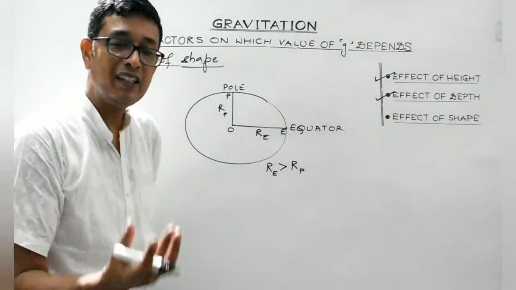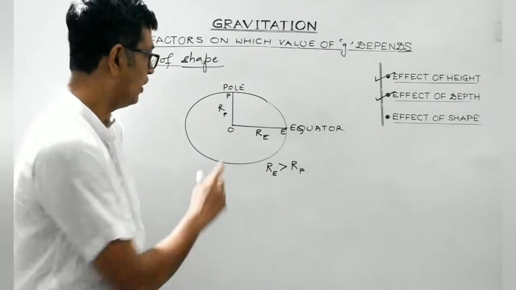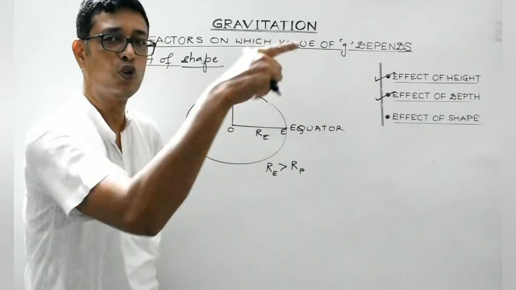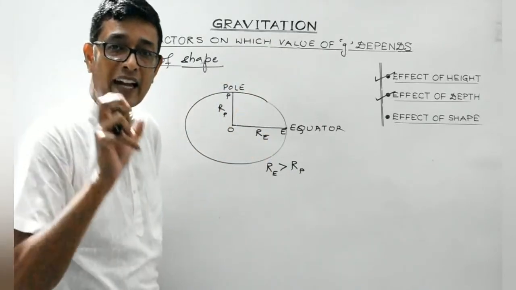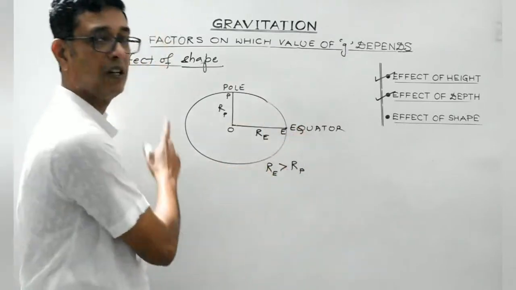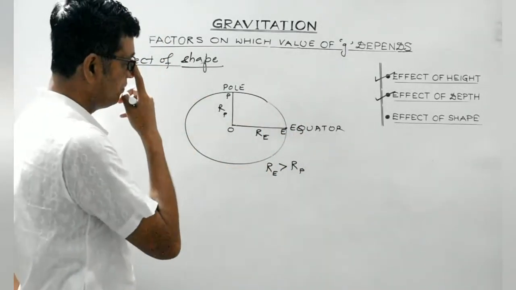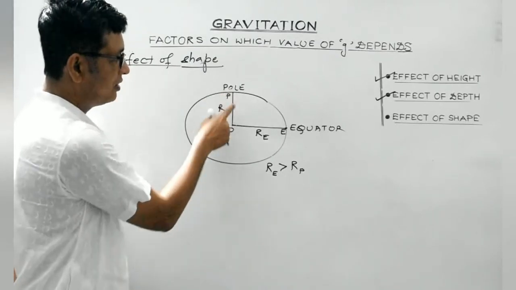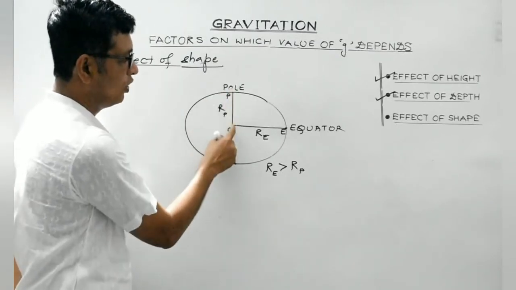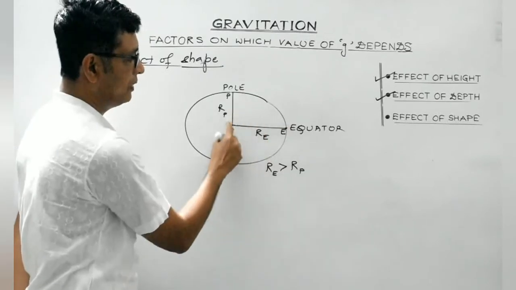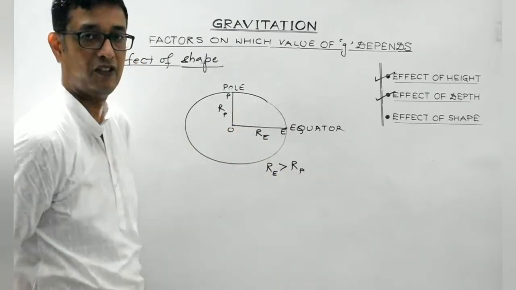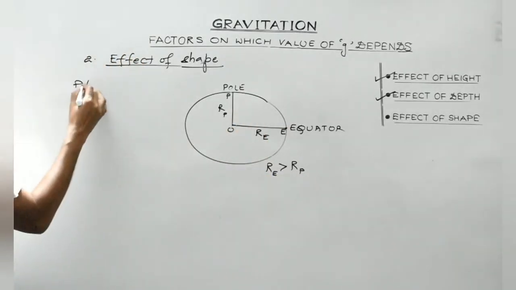So, practically we consider Earth to be a perfect sphere where RP is equal to RE is equal to R. But actually the Earth is egg-shaped like this. It's not perfectly spherical. It's somewhat flat. So, this distance is comparatively smaller as compared to this distance. RP is less than RE. Right? So, at pole,